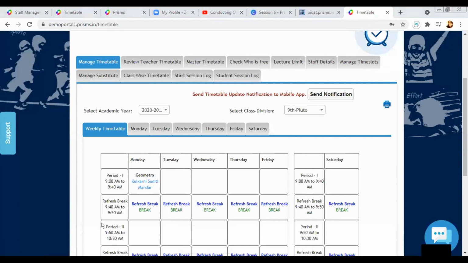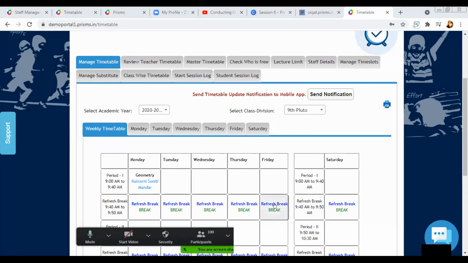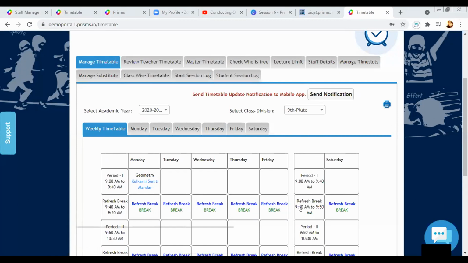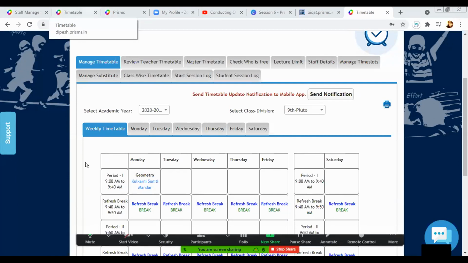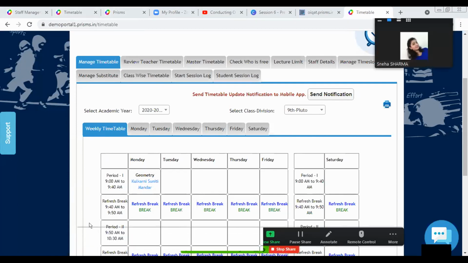Okay. In case, like ma'am said, if there is any change, we also have an option called substitute, where you can assign a substitute for an online class and automatically that class will be reflected in the substitutes list. How can we assign that, ma'am? This is also an admin task. Yes, ma'am, this is also admin's task. So I'll just show you how to assign a substitute. Okay.